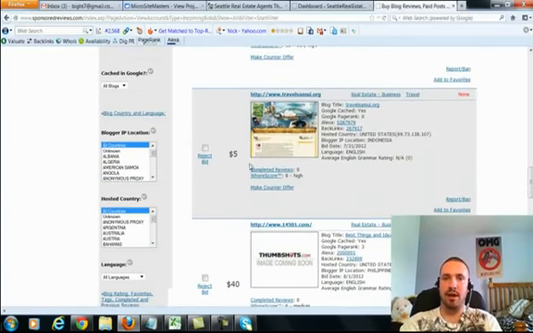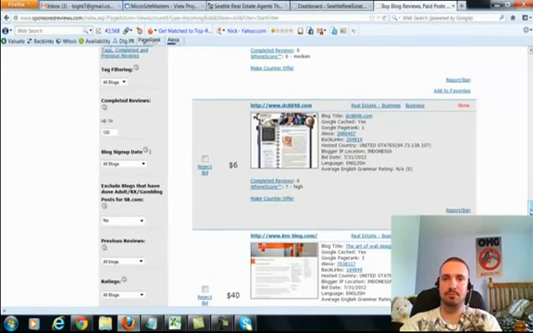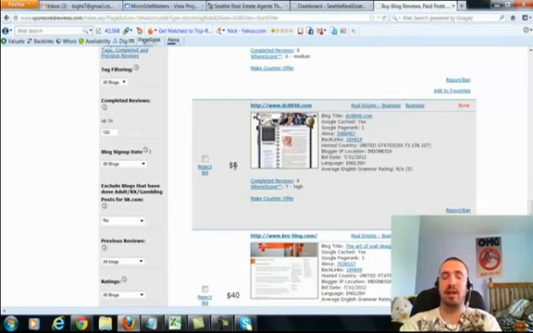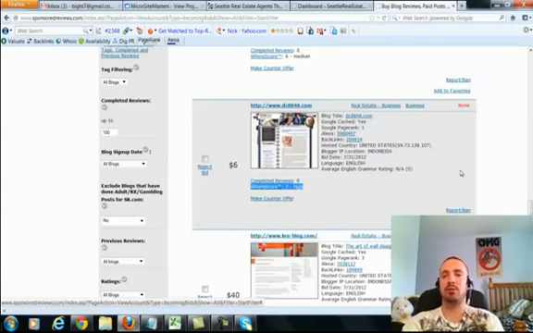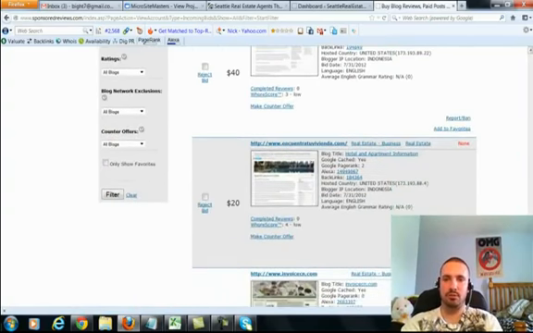$5, but a page rank 0, and it's on travel, so not interested. $40, too much. I can find something better, and it's on personal. This is in business, page rank 1, and it's only $6, but they have a relatively high horror score. I try to stay below 7. Page rank 3 for 40, too much. Here we go. Here's a page rank 2 for 20. That's not bad, but I could probably find something better.